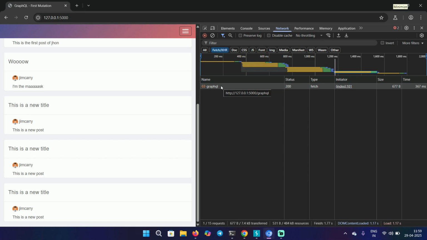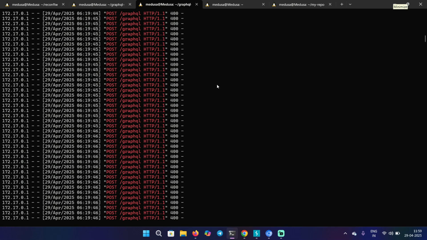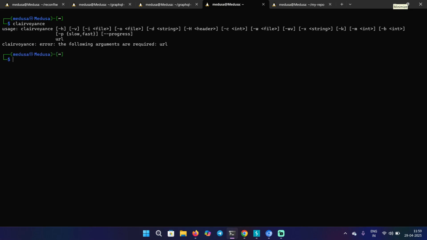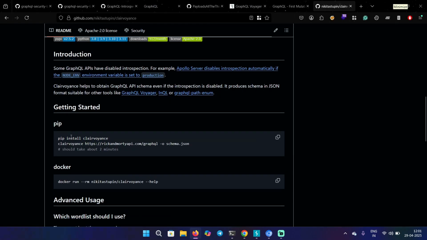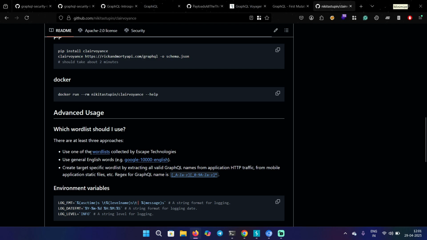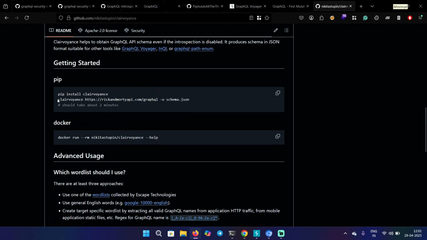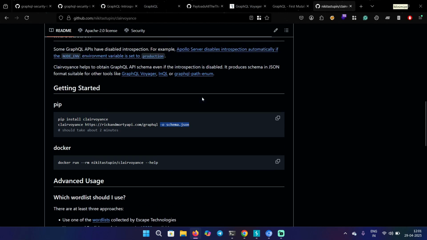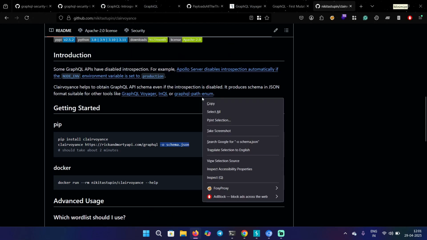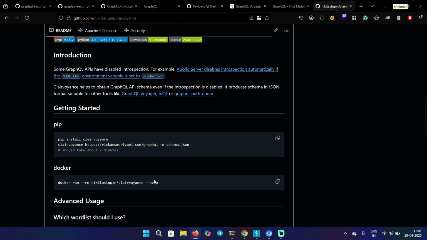The second approach I want to mention is actually a tool. The tool name is Clairvoyance. You can find it on GitHub. I think that was the spelling. Yeah, so this is the tool and you can find it on GitHub. Install it using the pip command. The syntax is clairvoyance, and then you have to provide the GraphQL endpoint and then the output file, in this case schema.json. Now what this tool does is try to reconstruct the schema for you by analyzing